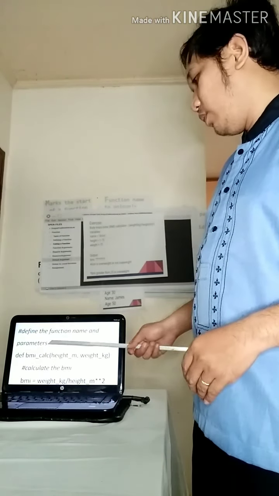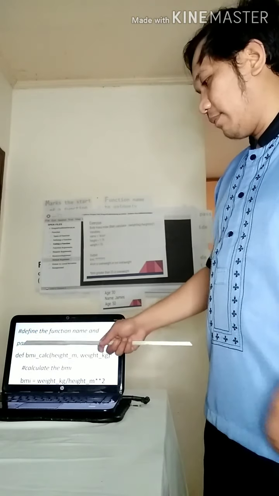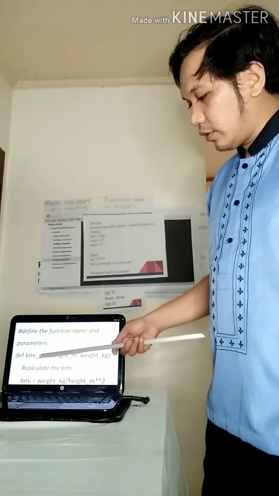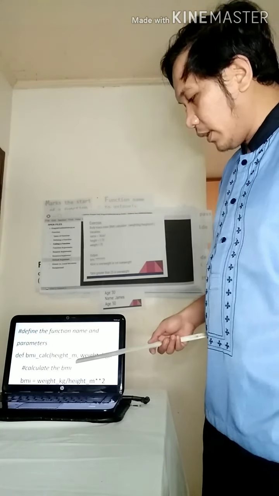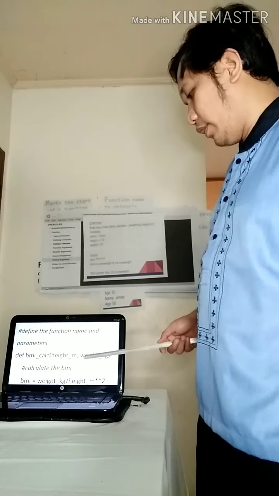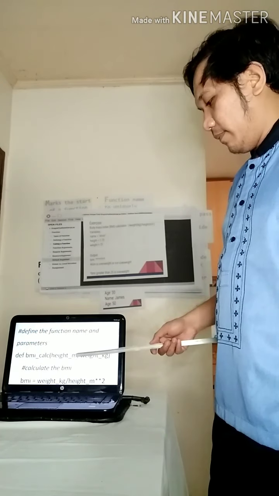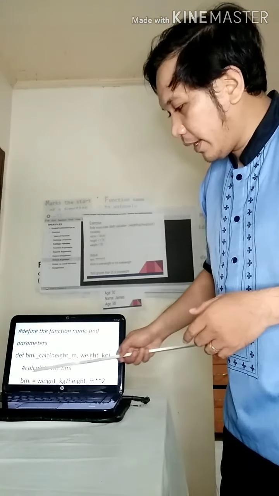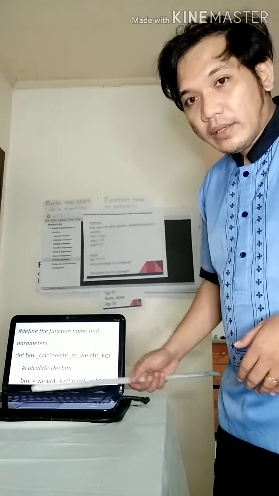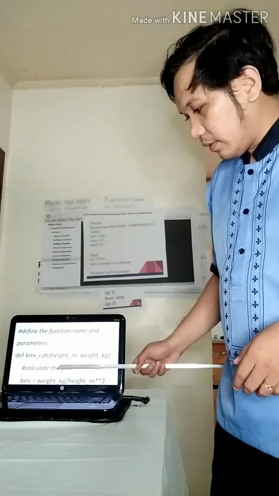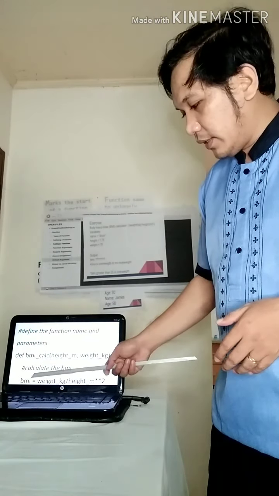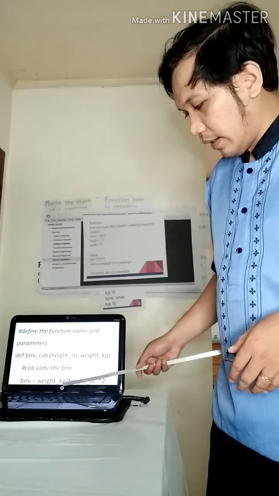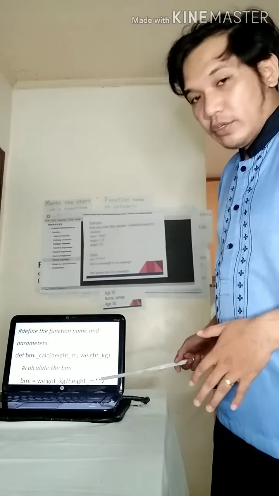Next we define the function name and parameters. The function name is BMI_calc, and we have two parameters, height_m and weight_kg. Our main program starts by calculating the BMI, which is equal to weight_kg over height_m squared.